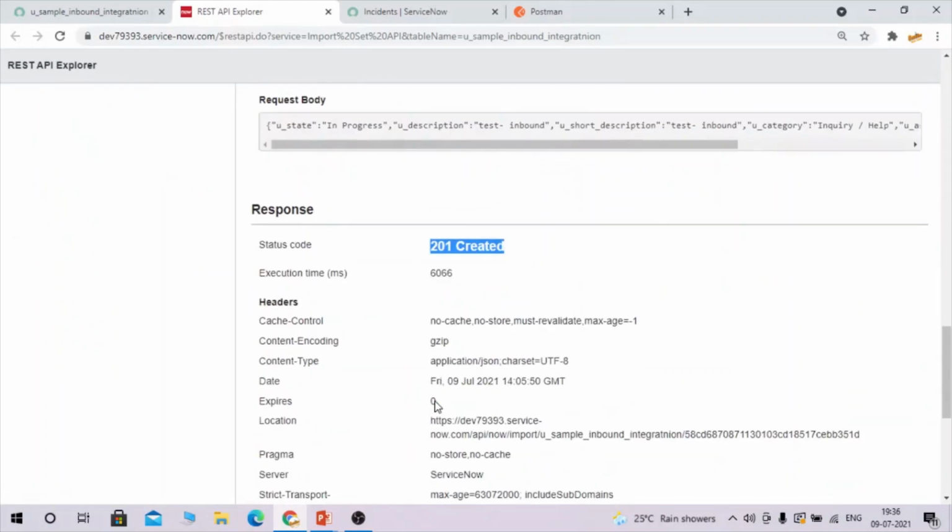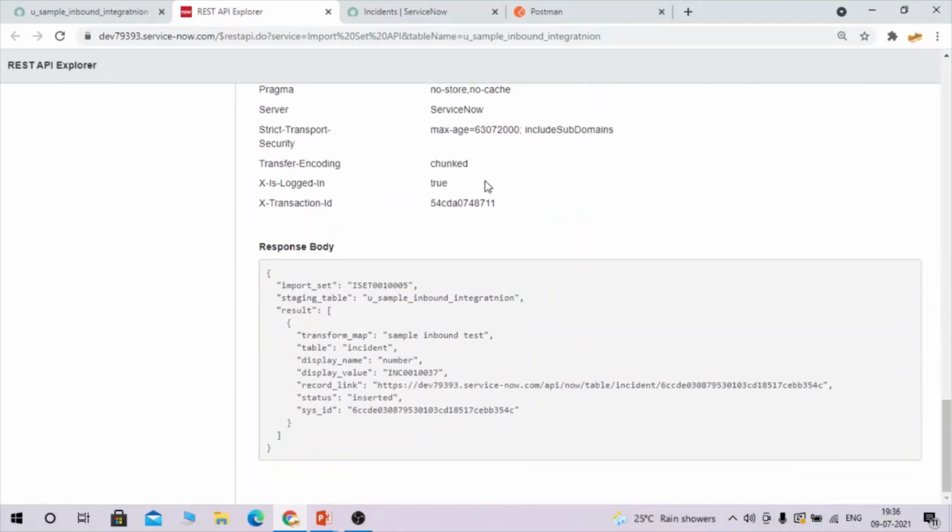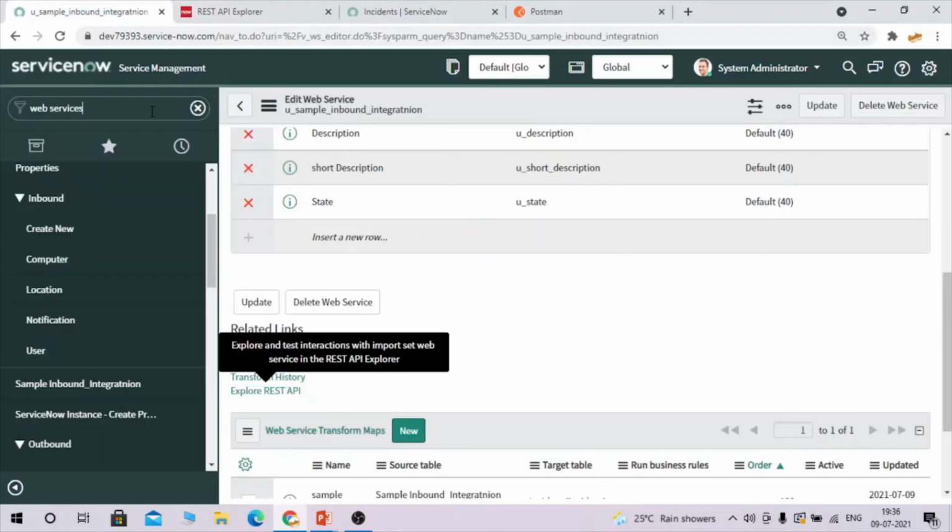Here you could see 101 status code. That means our record has been created, and if you scroll down you could see your record as well. It will be created first, data will be going to the import set. So this is the import set. You can go and check.